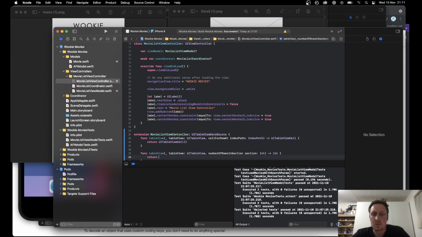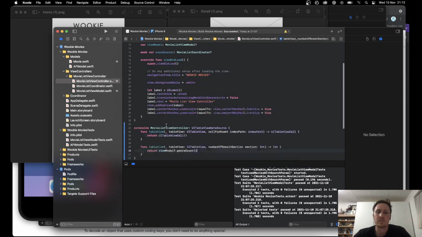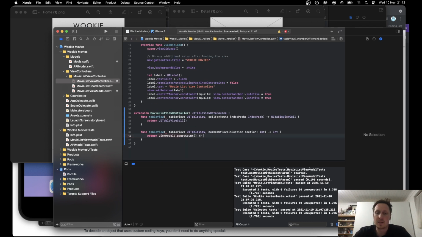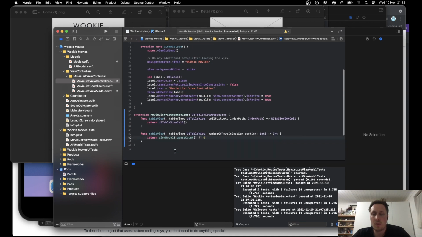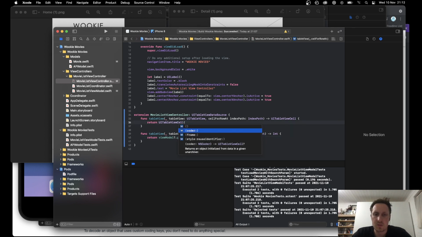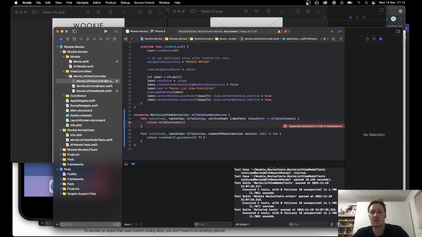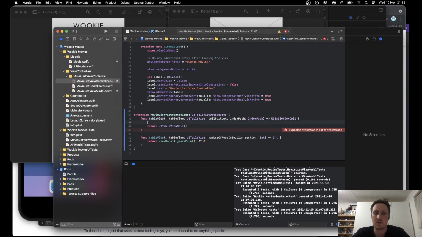So this needs to return our view model dot genre count, which returns an optional in the case that the view model is not instantiated, in which case we can just return 0. I wonder if there's a constructor for table view cell. No. All right, so what I'm going to do, just for testing now, is